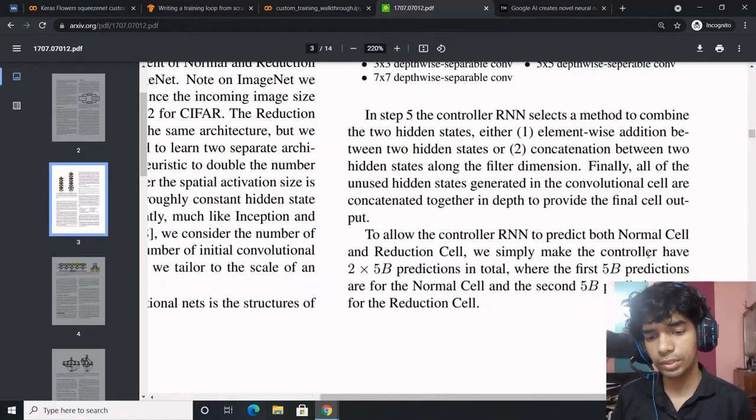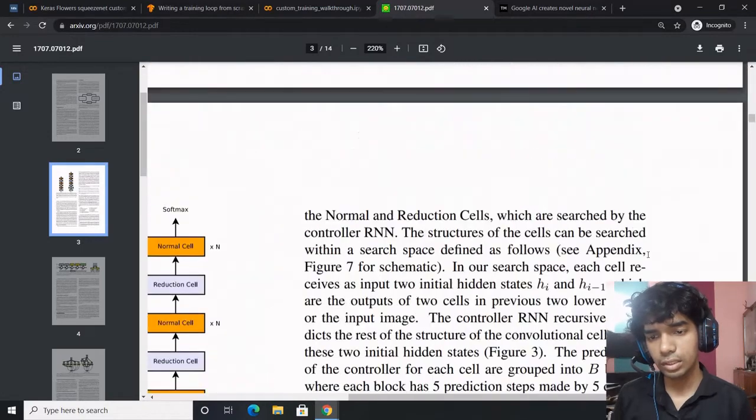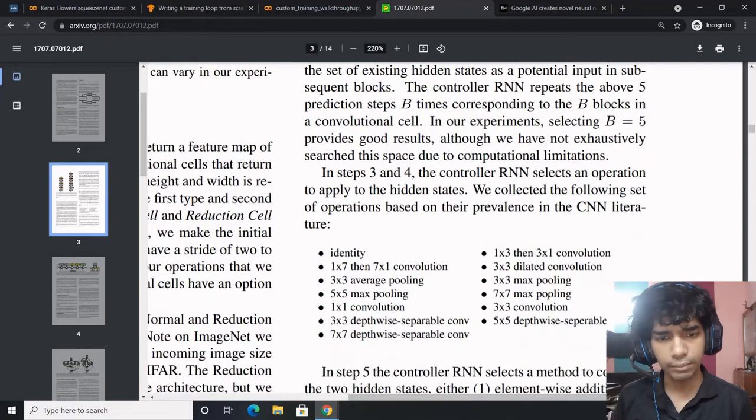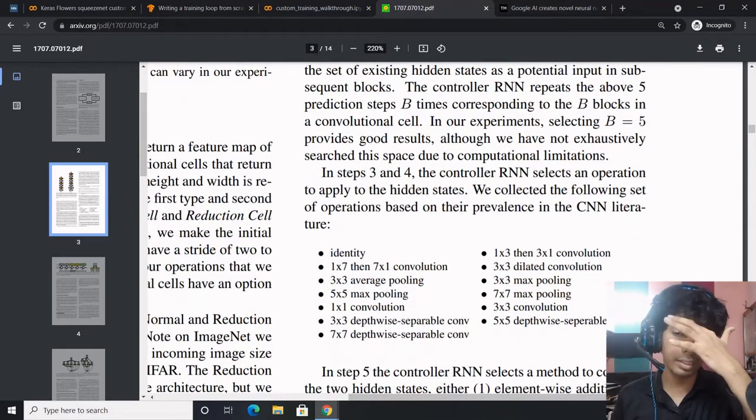What varies in the convolution nets is the structure of the normal and reduction cells, which are searched by the controller RNN. The structures of the cells can be searched within a search space defined as follows. In our search space, each cell receives as input two hidden states, hi and hi-1, which are the outputs of the two previous cells.